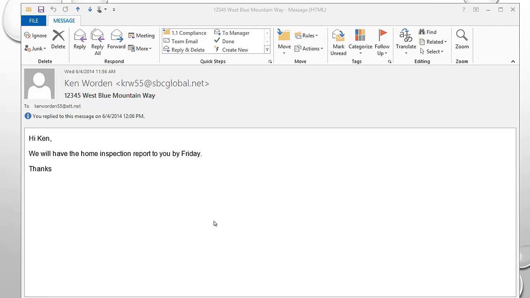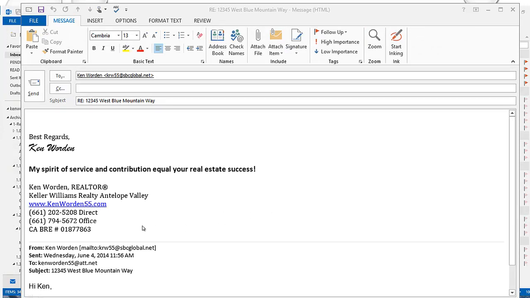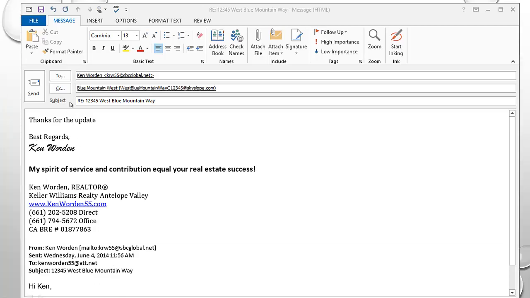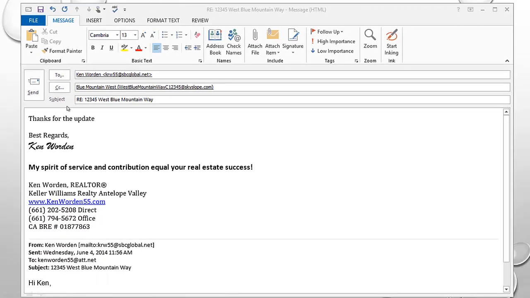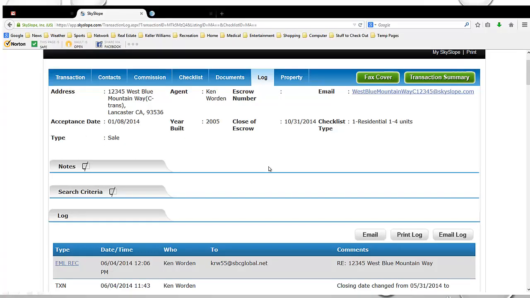Well, the easiest way to do it is I'm going to go ahead and just reply to that email, the previous email being down below. I'm going to CC my contact Blue Mountain West, which is the Skyslope file that we have already set up. Put whatever comments that I want to put in here, and then I'm going to click on send. That email is going to be sent back to the person that sent it, but it's also going to be sent in its entirety to Skyslope, and it will be loaded into the log,